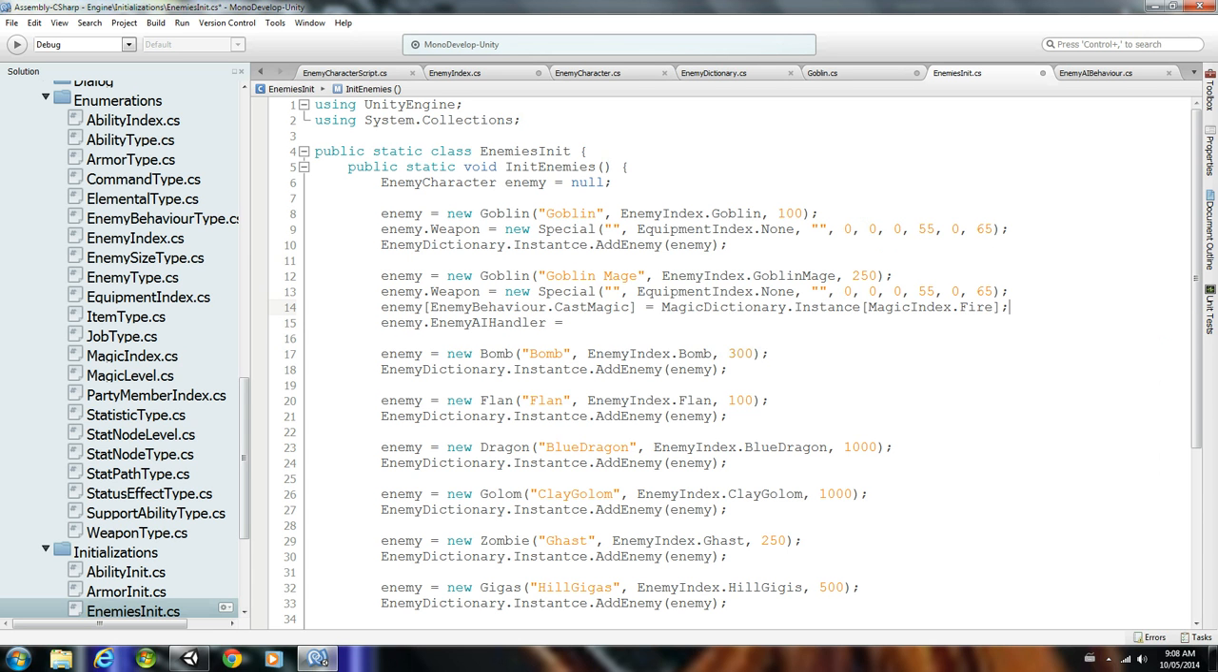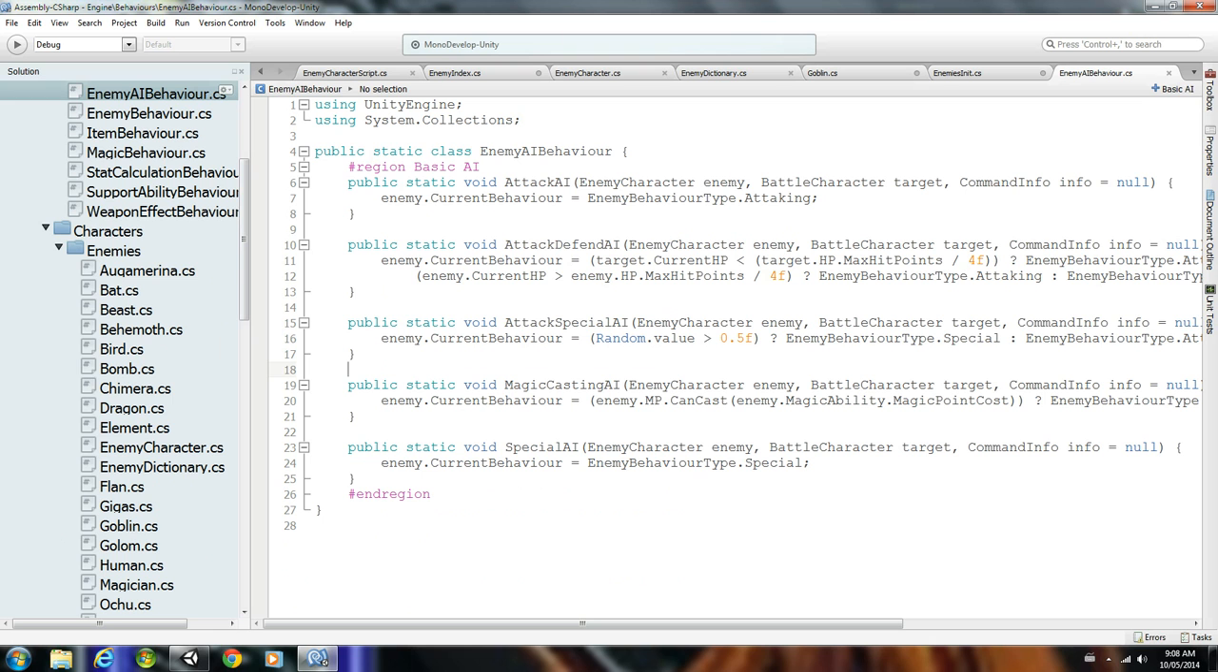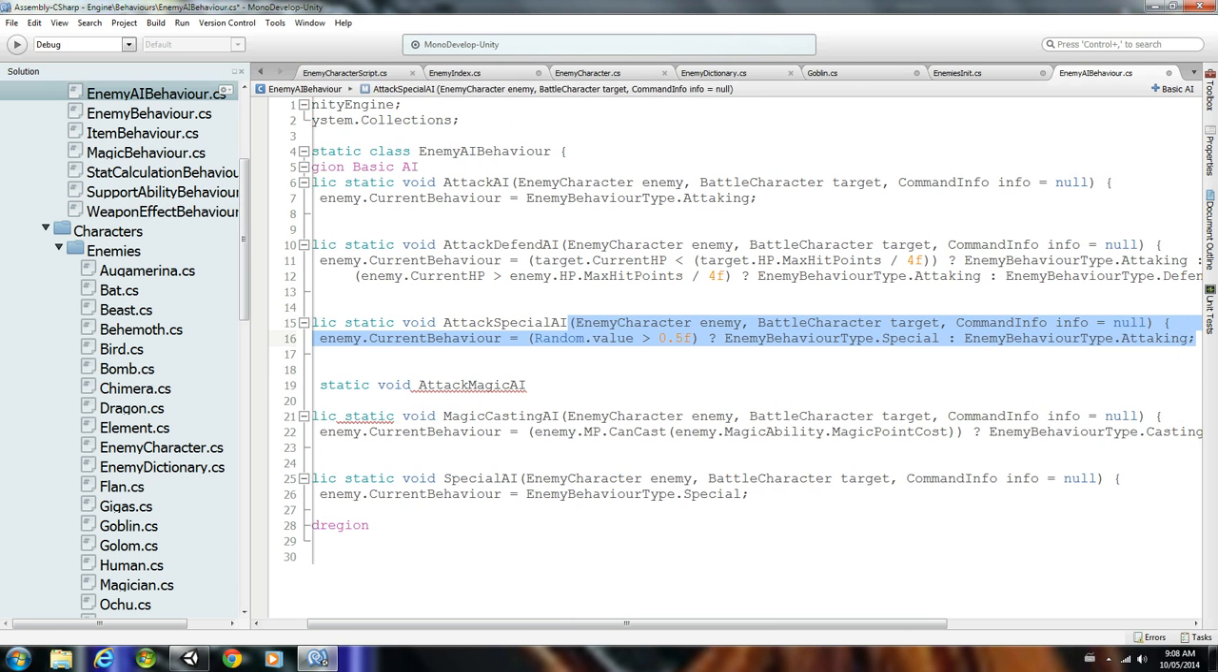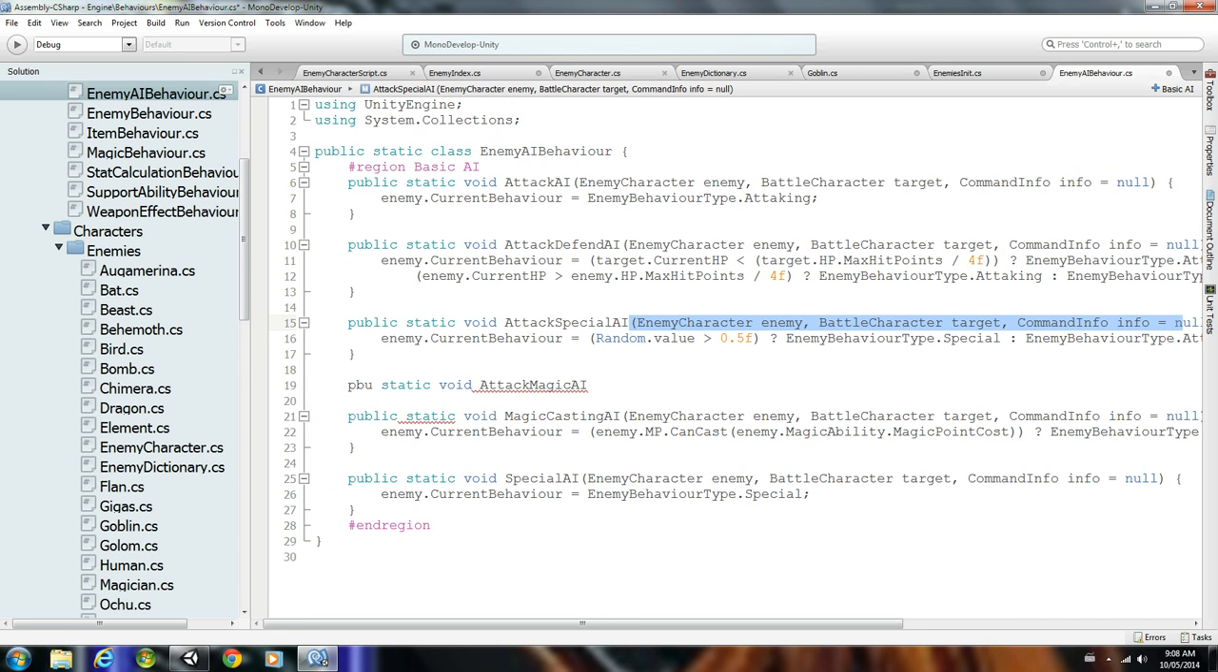Let's see how well this works. It's been a while since I've actually played around with this. Alright, so now he has a casting behavior. So I'm going to go to my enemy behavior and create a new one. I'm going to call it public static void attack magic AI. Basically all this means is that he's going to randomly choose 50-50 between attacking